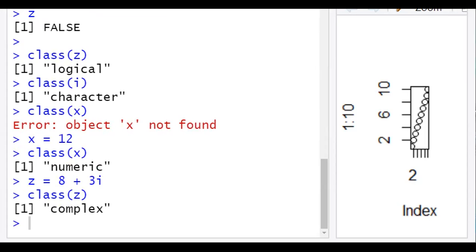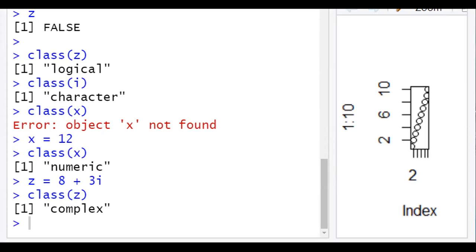Then we have integer. Integers are numeric data without decimals. That's it. If decimals are included, then it becomes numeric. Only numeric data without decimal is an integer. This is used when we are certain that we will not be using decimals.